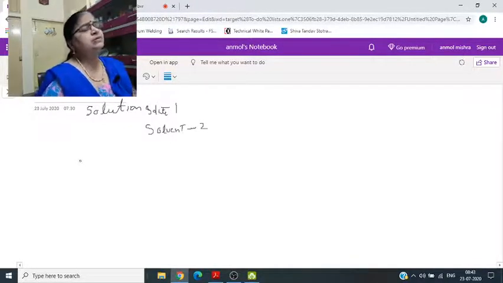There is one law called Raoult's law. Raoult's law states that